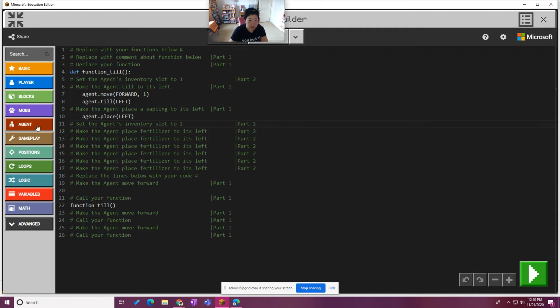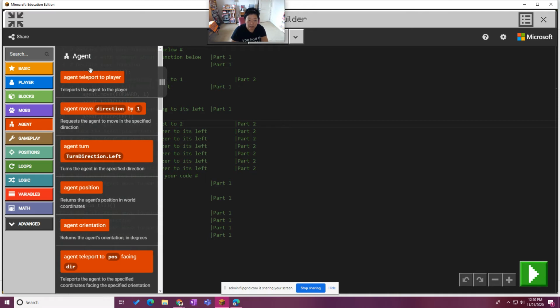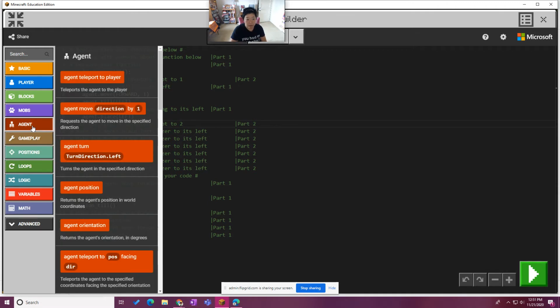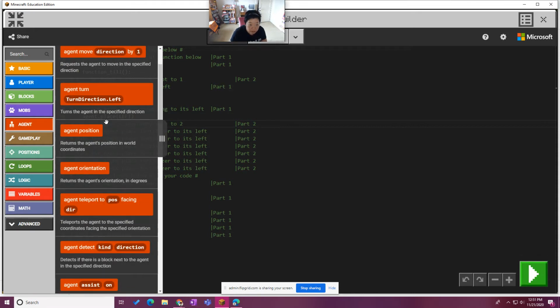We're going to change the agent slot. So the agent has its own inventory. And what we're going to do is by default, if it's placing something, that's coming from slot 1. So in this helper code or in the comments, it's saying change the agent's inventory slot to 2, which means that the fertilizer is probably in 2. So we need to look for,